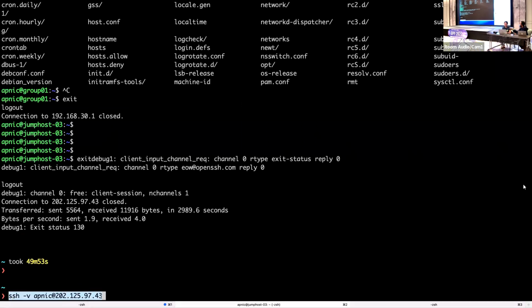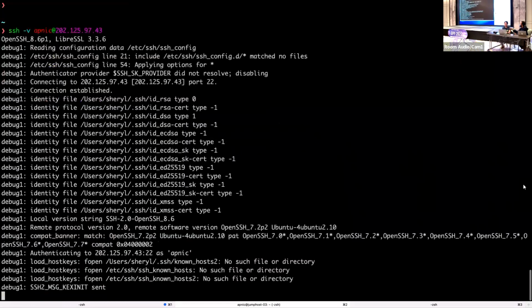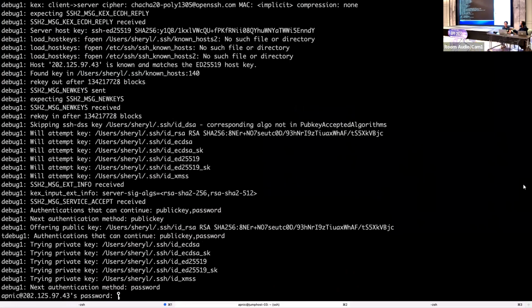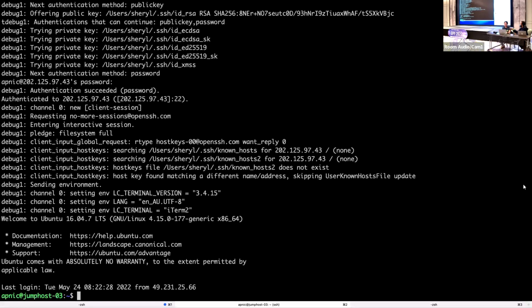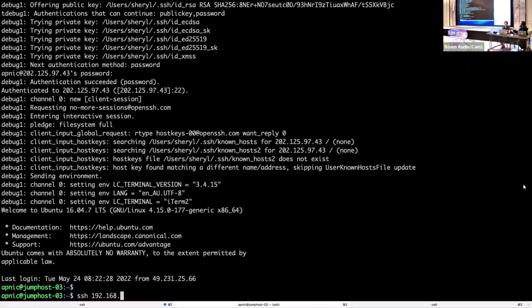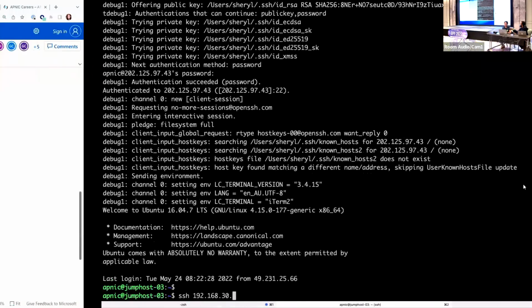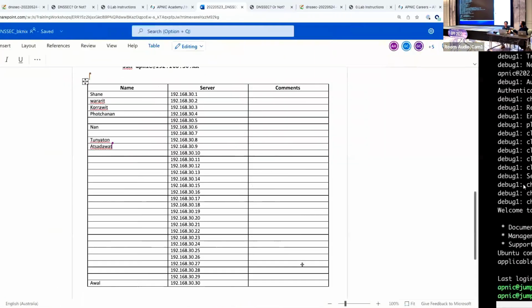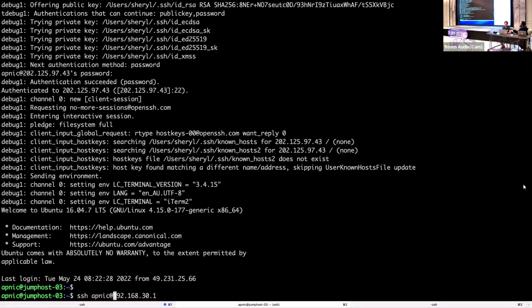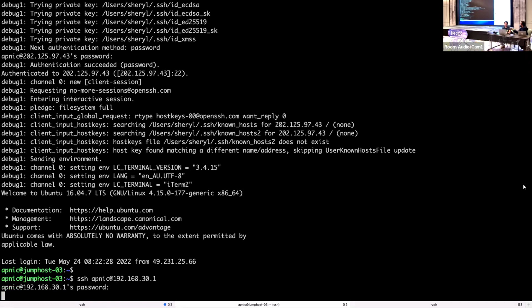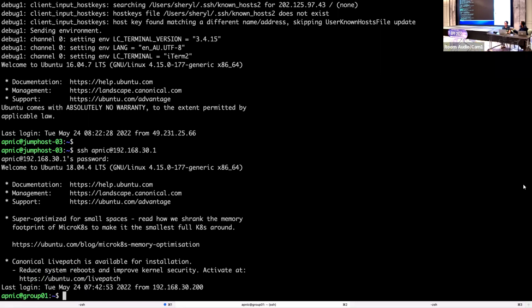Log in with the password, and then now you are in the jump host. You can then SSH into the server 30.1. For myself, you can also use APNIC add because it's a username, but we're already user APNIC, so that is not really necessary. And then add in the password, and you should now be on the group server. So again, two levels. SSH into the jump host first, and then SSH into your assigned